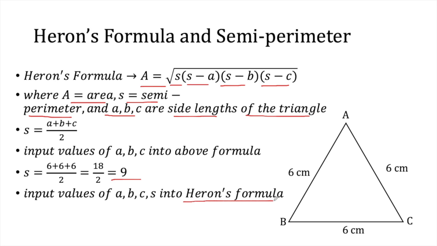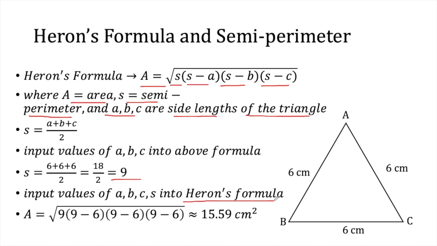So now we can just put all our 4 values, which is a, b, c and s, into Heron's formula and figure out the area. So the area would be the square root of 9 times (9 minus 6) times (9 minus 6) times (9 minus 6), the square root of that entire product. And that gives us an approximate value of 15.59 centimeters squared,